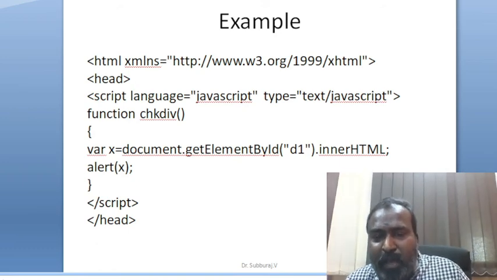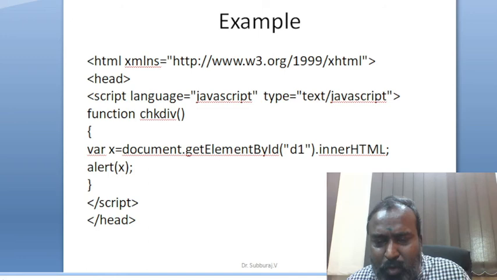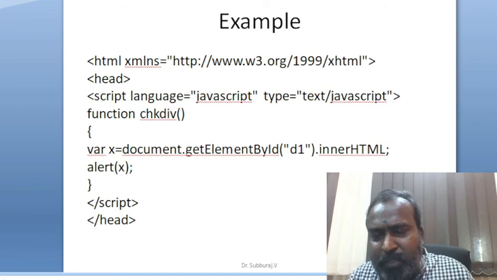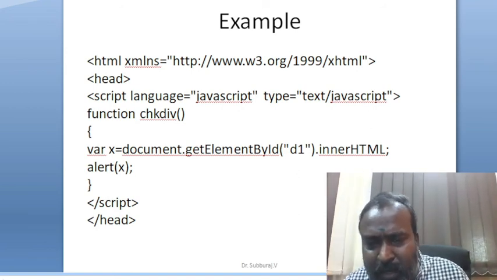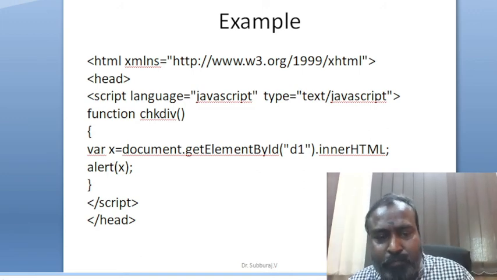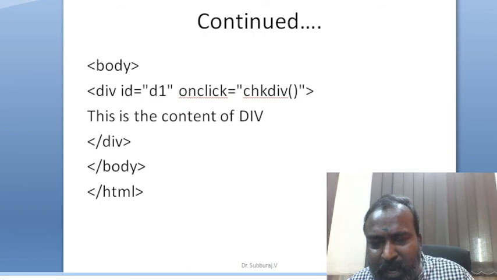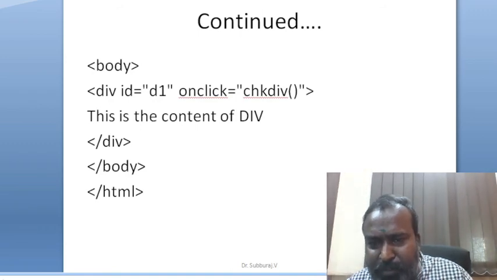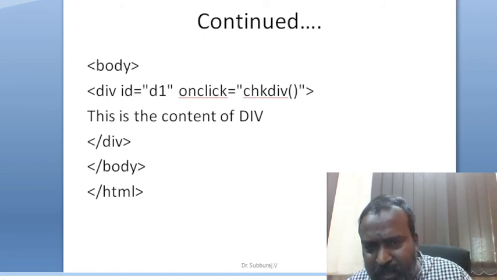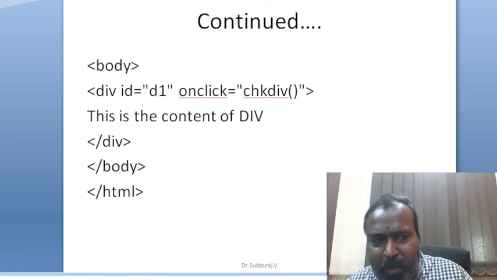Here we have a function called checkdiff. Those who are freshers or non-IT, no need to worry about that. Just copy the code and put it in Notepad, and the extension should be .html. It works fine, and you will understand how it works. This is the main page. As I said, we have a div tag. The div tag has an ID d1, and on click we have a function. If we have one more div tag, just copy this, put it in here, and change the ID name and also the function name.